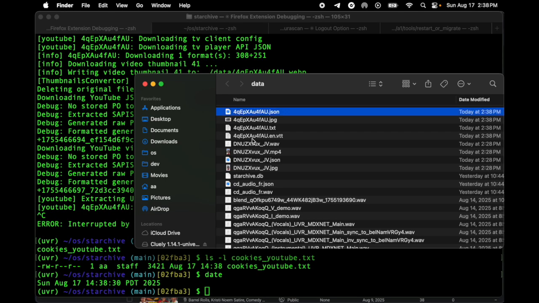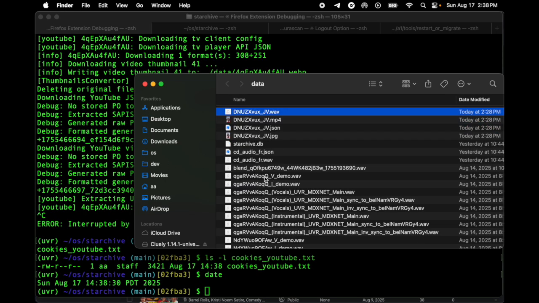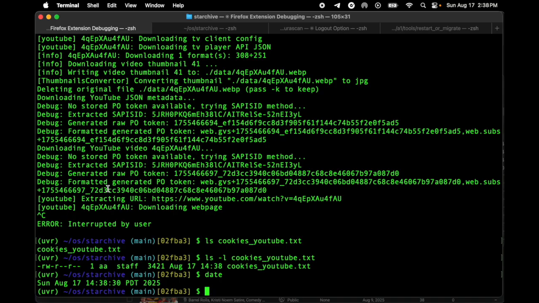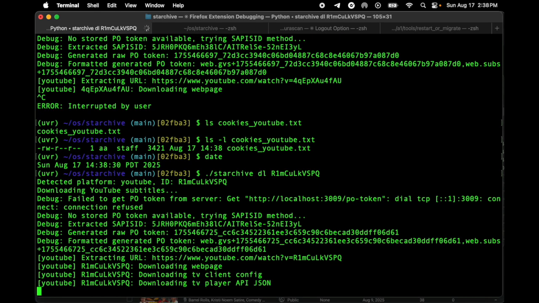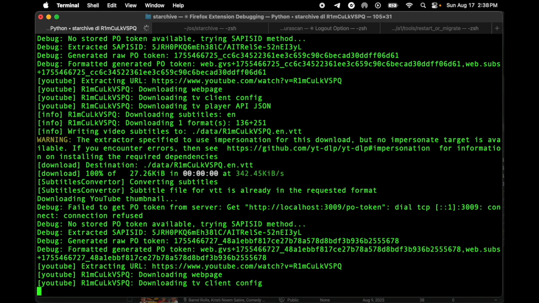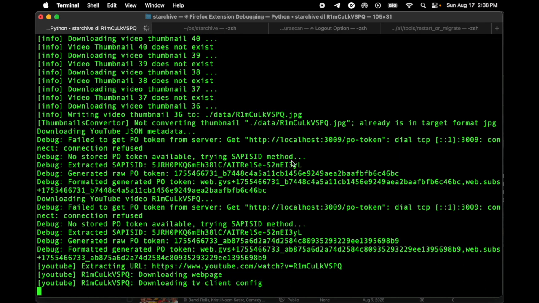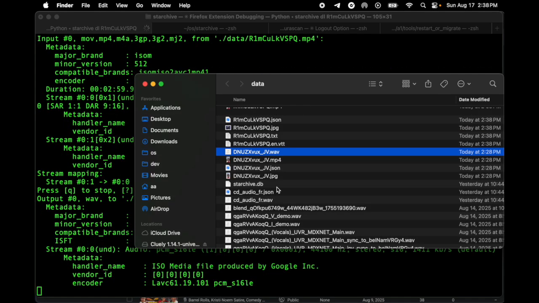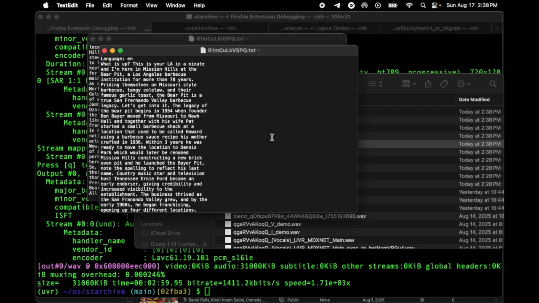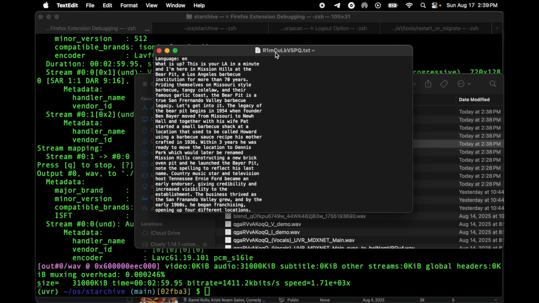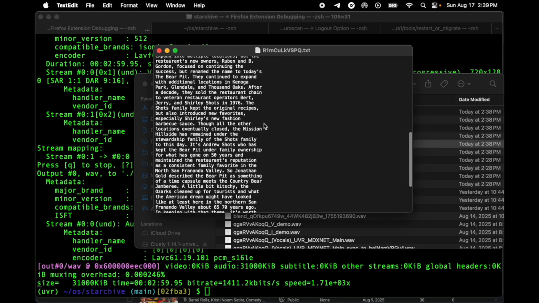And I'll just start fresh by deleting these, because maybe that, oh no, that was a different one. That's true. That was the random one I just clicked on. If you notice, the ID was different. Okay, but let's go ahead and do this one. And if you notice, we now have the TXT. So this is everything that guy said in 3 minutes.